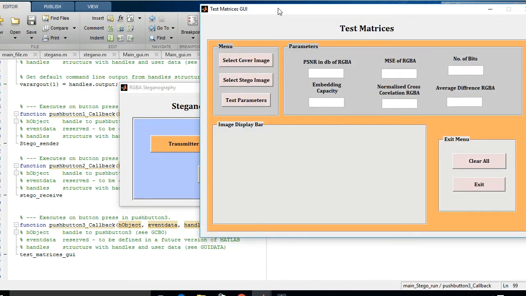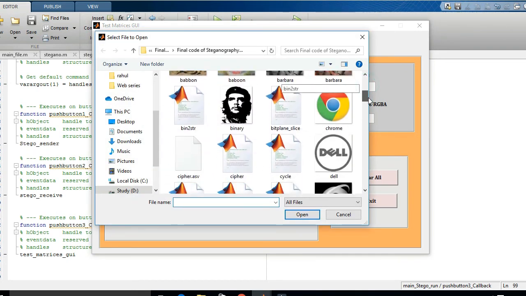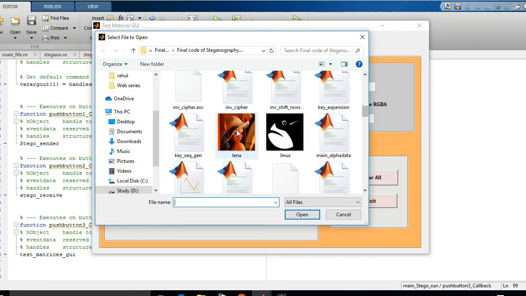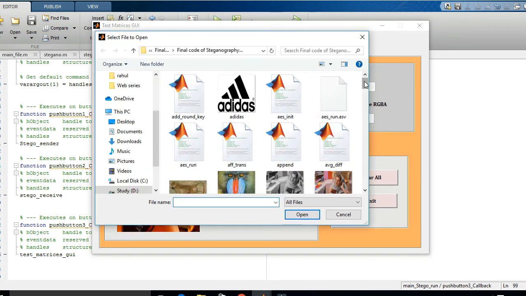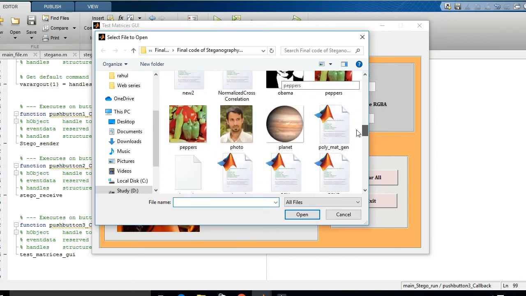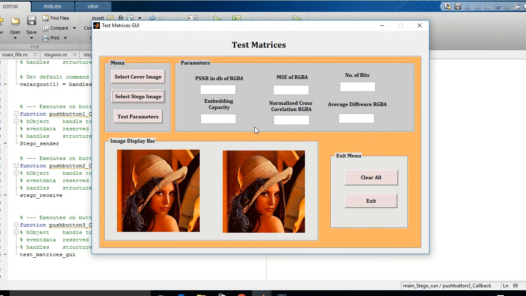Now we are going for test matrices. Just click on this button and select cover image and stego image. So lina.jpg is our color image, and stego2 is our stego image. Just select that image and click on test parameters. So my PSNR in dB of RGBA is 41.8278. The MSE for the same is 1.62547.